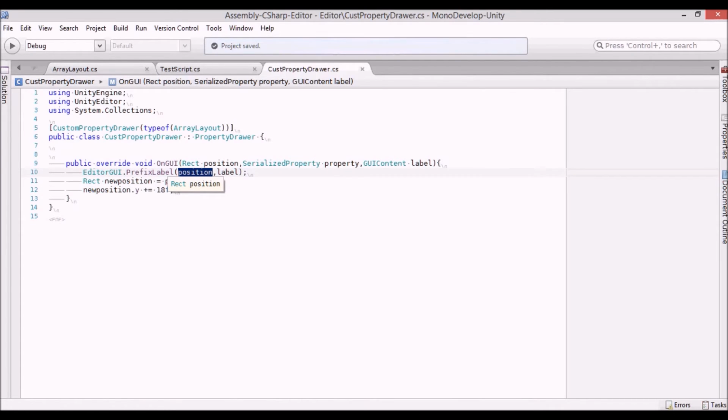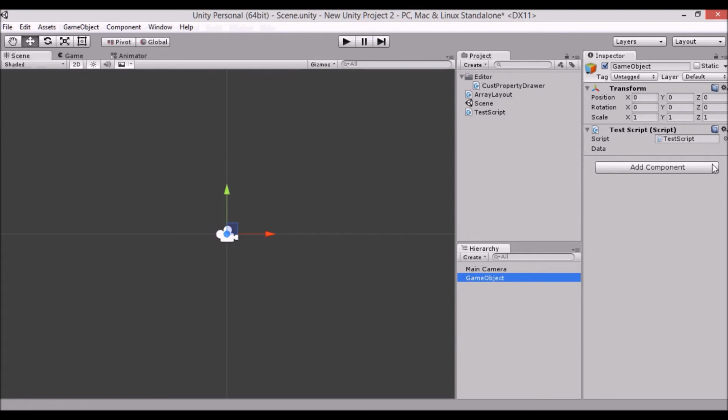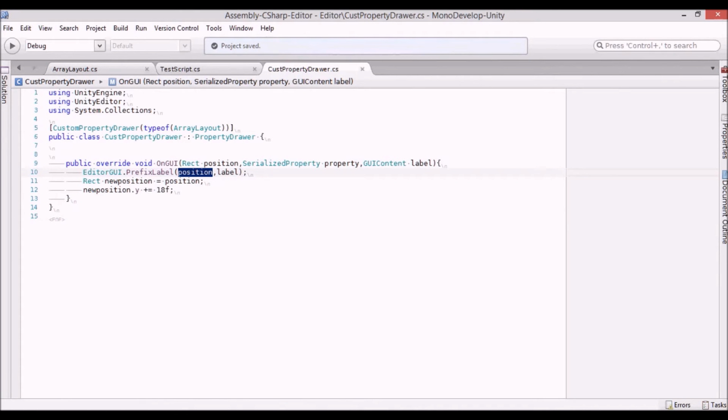So x and y is the location where you're gonna draw anything, and width and height is the width and height of that location, how much it can use. Right now we have the width as the editor, the inspector window's width, and height is basically just one property's height, that is around 18 pixels of course. So what I need to do before that is, once I have added 18 pixels, I can start